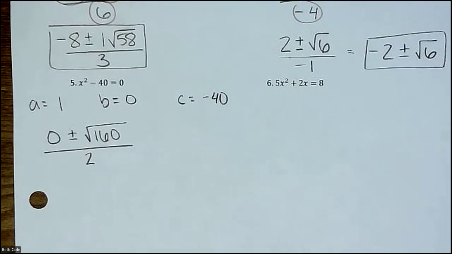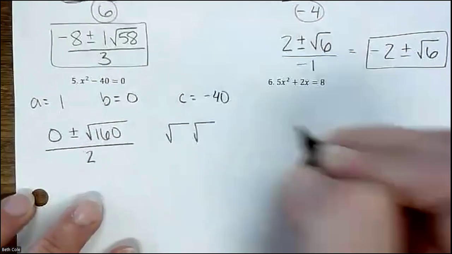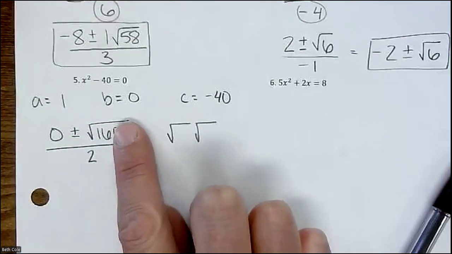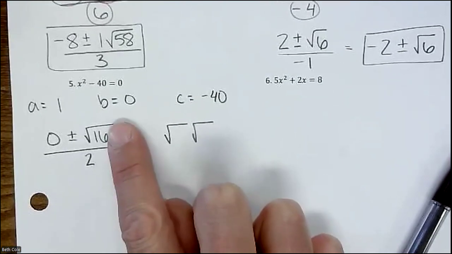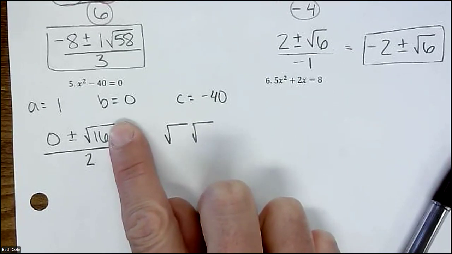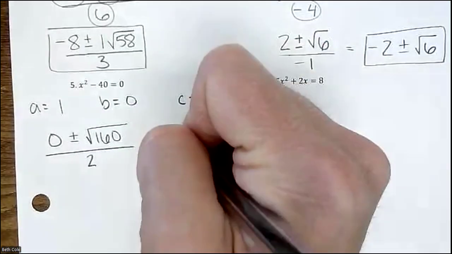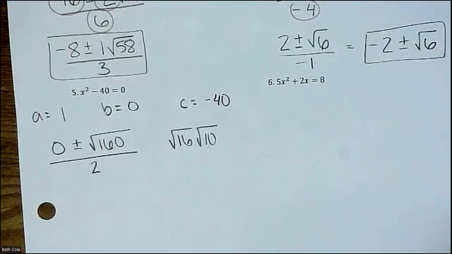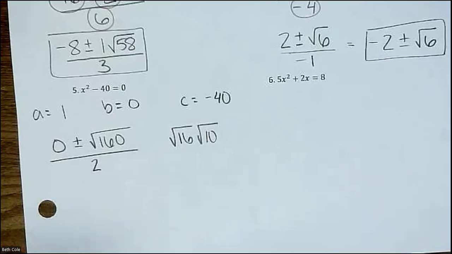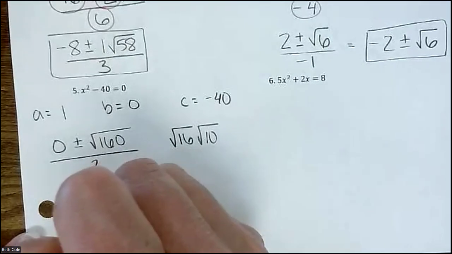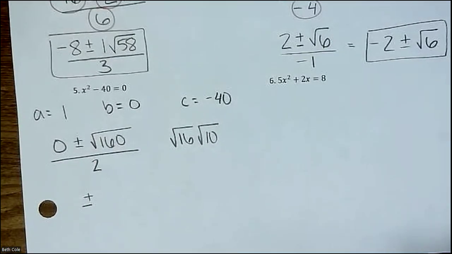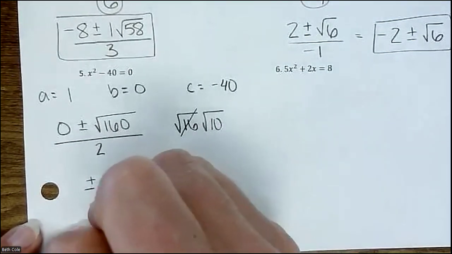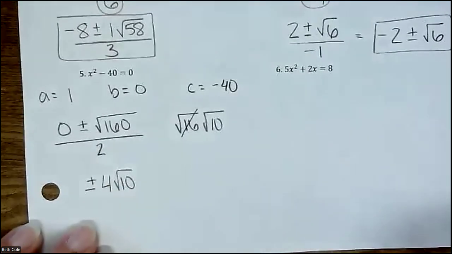Again, on Delta Math, you'd be done. That's the answer. These ones are going to split, though. Now, I hope we don't need a calculator for this. What perfect square goes into 160? 16. Do you see that there? It would be 16 times what? 10. Good job. Now, you can write 0 if you want, but since it's nothing, you just don't even need to put anything. Plus minus, what's your square root of 16? 4 square root of 10